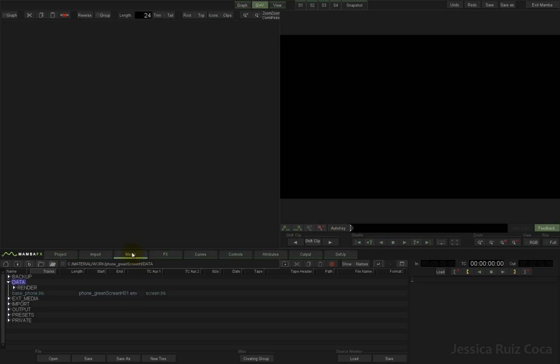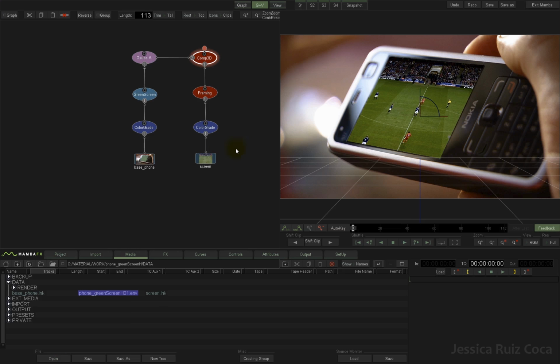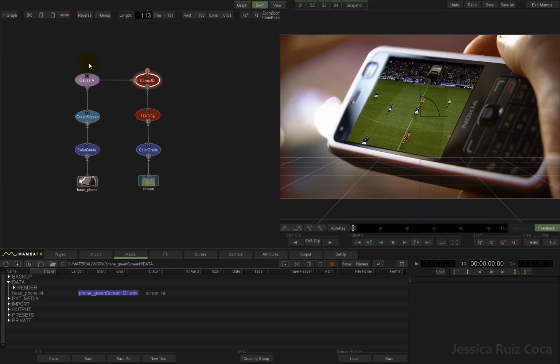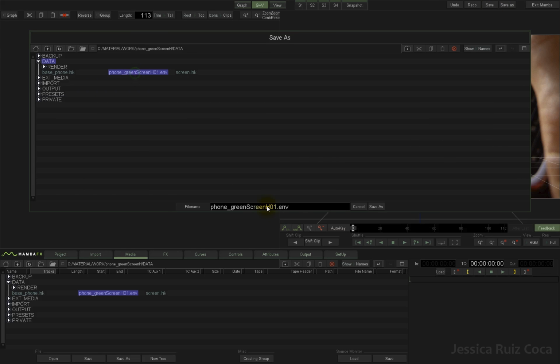We click on load project and we see the folder tree again, and inside the data folder we've got the phone green screen h01.m. So I'm gonna open it, and here we got the last composition from the first part of the tutorial, and I'm gonna save it as the second part. I'm gonna call it 02